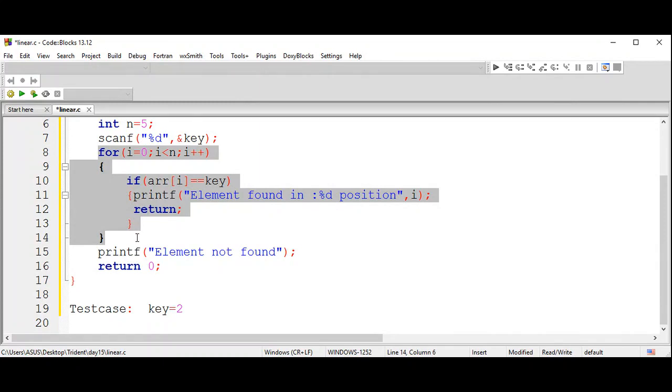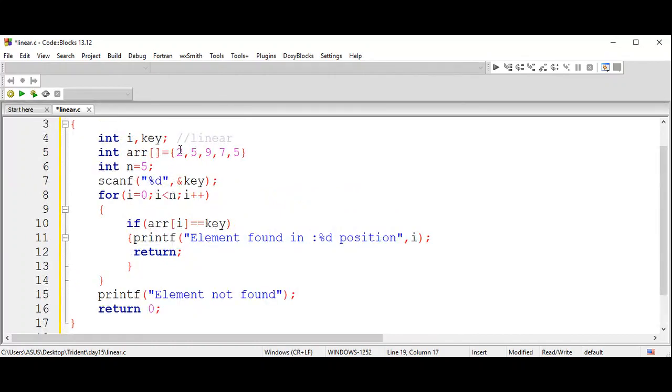Respond to me. If my key value is 2, how many comparisons does this particular loop take? For the given size, how many comparisons are required?